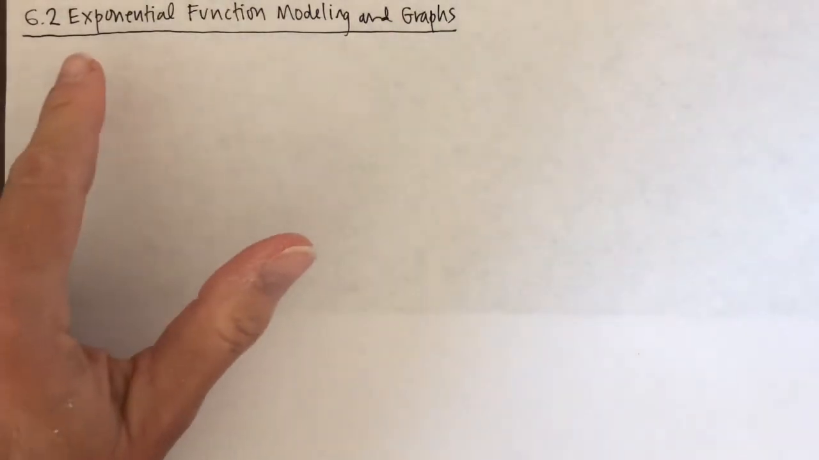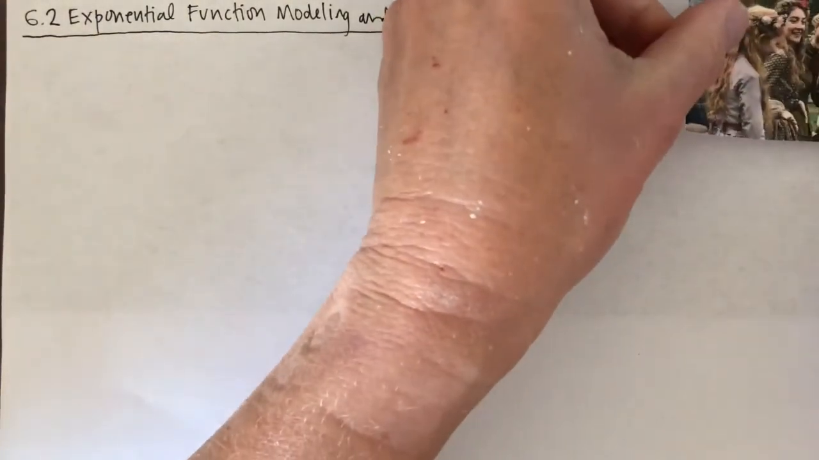Hello, glad you're here. We're going to talk about section 6.2 today. Section 6.2 is all about exponential function modeling and graphs. It's just a deeper dive into talking about exponential functions a little bit more. And since we're still talking about exponential functions,